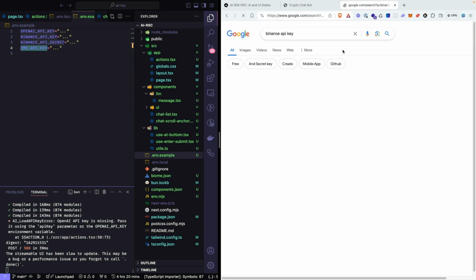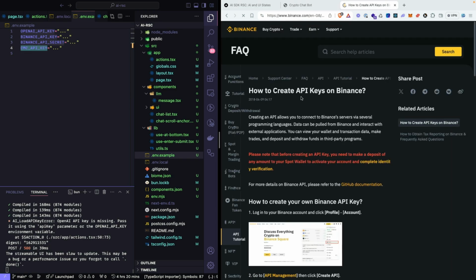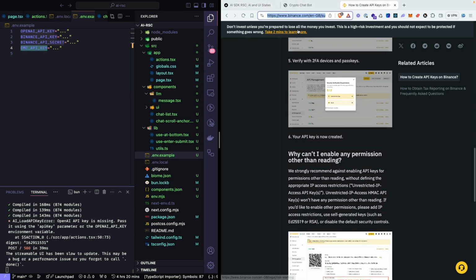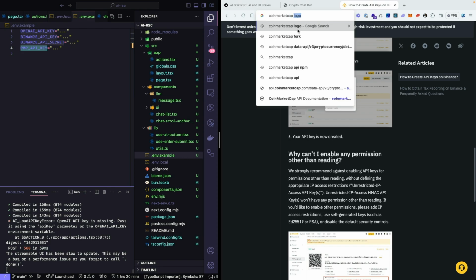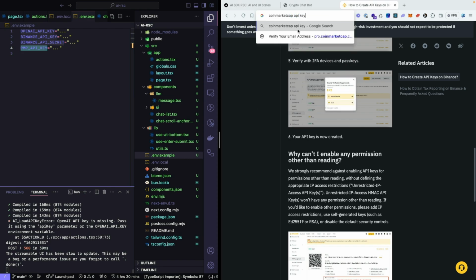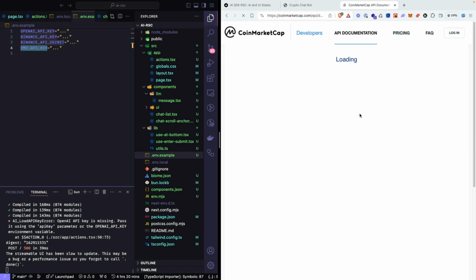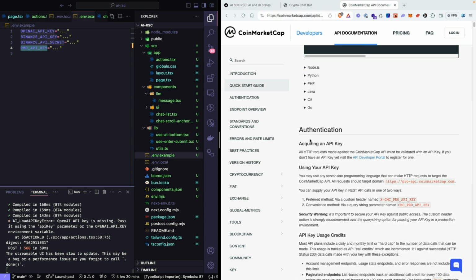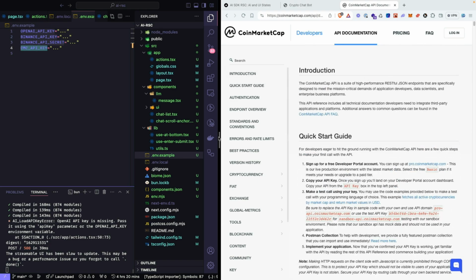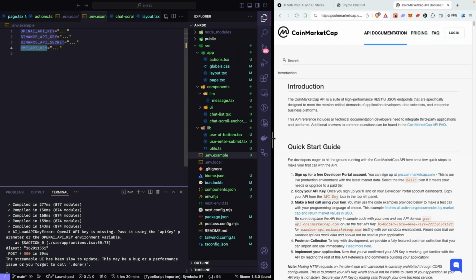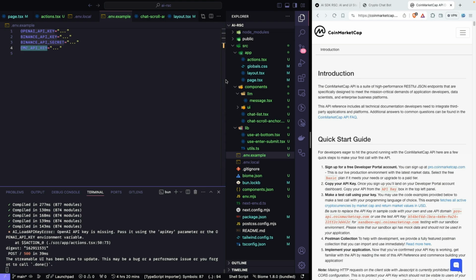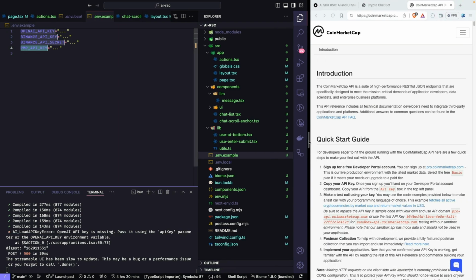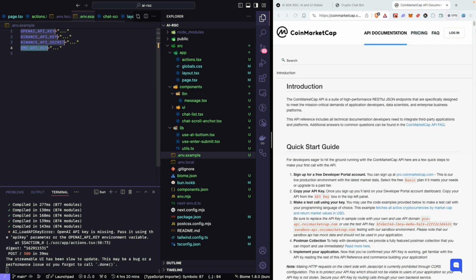Binance API key. So you can get some tutorial here on how to create that. Pretty simple. CoinMarketCap also has good documentation. So you can go ahead and create an API key. I don't even think you necessarily need one. Actually, no, you do for this, you do. Although some of the APIs I don't think require an API key, but yeah, and then the OpenAI key, so you have to sign up for an OpenAI account, and you will need to,